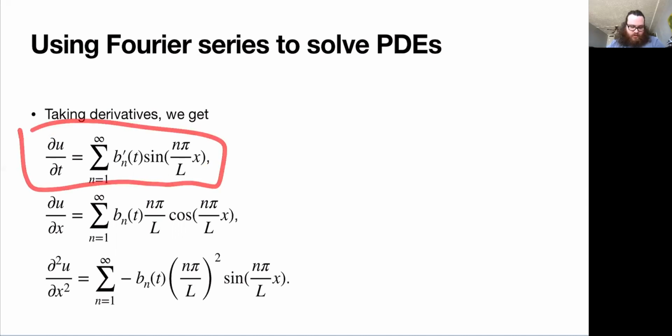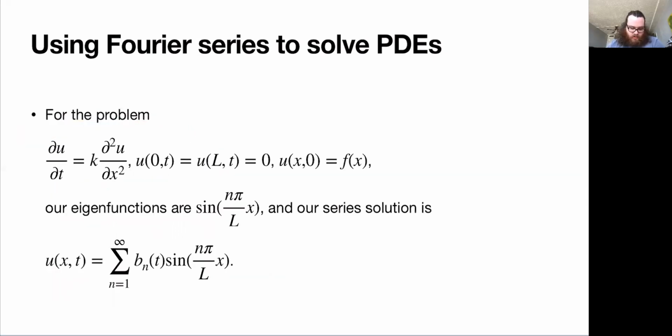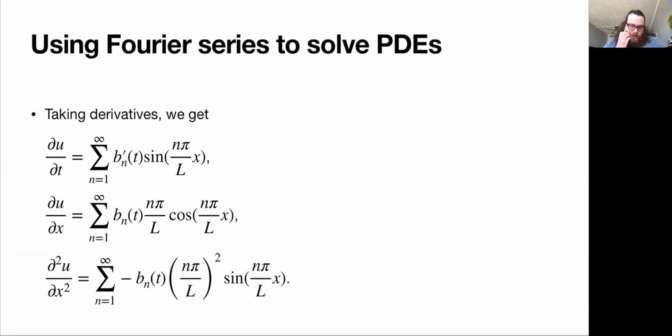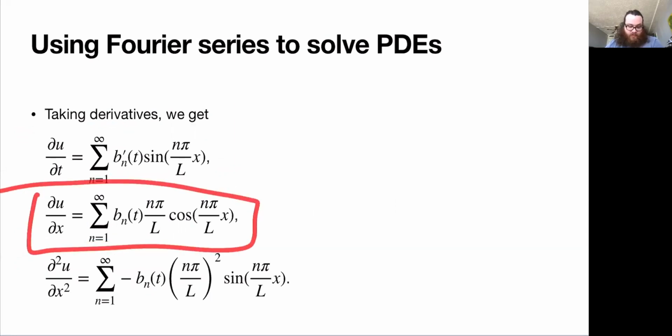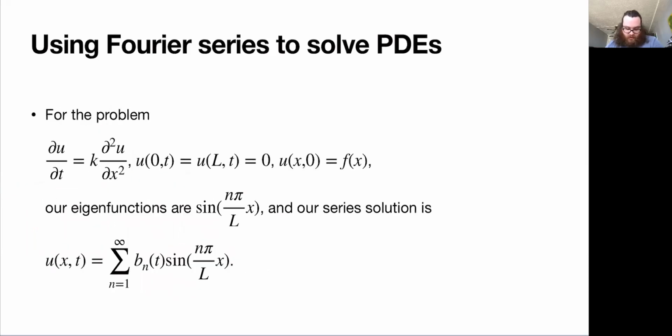We're going to get the series. So looking back here, we're taking d dt of this thing. The only thing here that depends on time is this, and so that's what gets the derivative. And here we're going to take an x derivative, and in this case we'll end up with this. Now the observation here is, sure, we're differentiating a sine series, but because the value of the series at